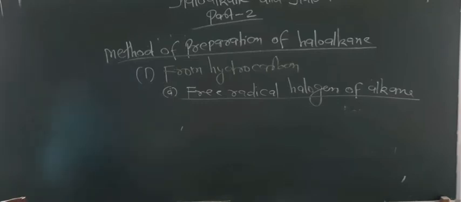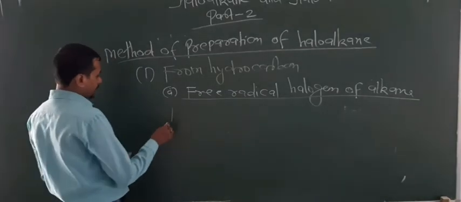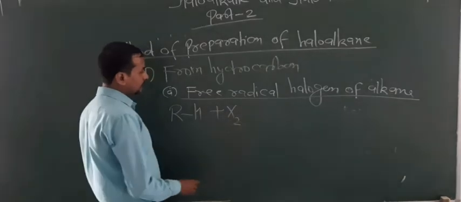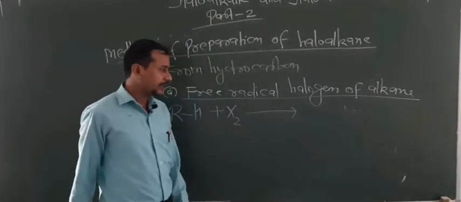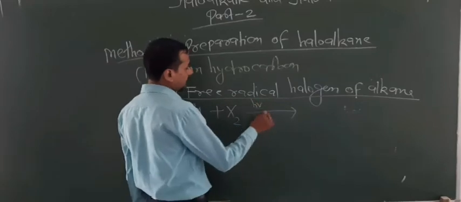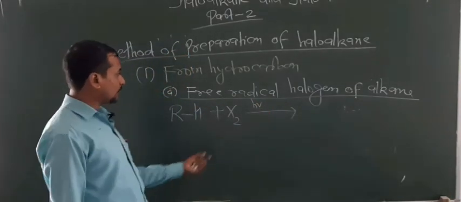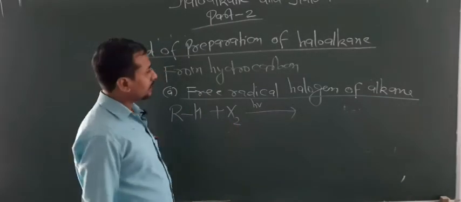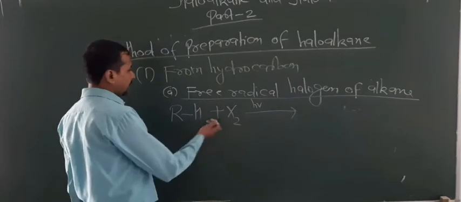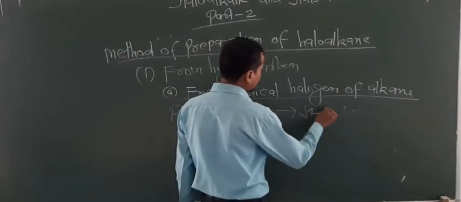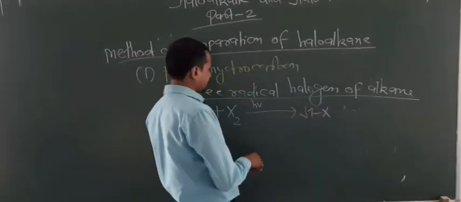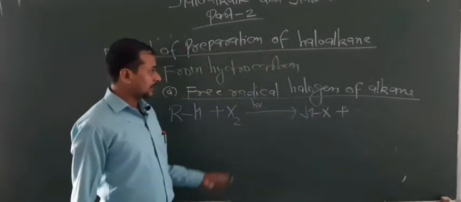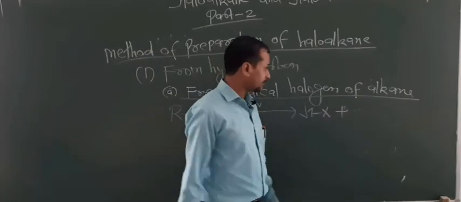Look here, what happens? An alkane reacts with X2. I also told you about the conditions for free radicals: heat, light or peroxide are written. In that condition homolysis takes place. Due to homolysis, dot formation takes place, and these dots carry out this reaction. So this is known as a free radical substitution reaction. I also told you the common reaction of alkane is free radical substitution.